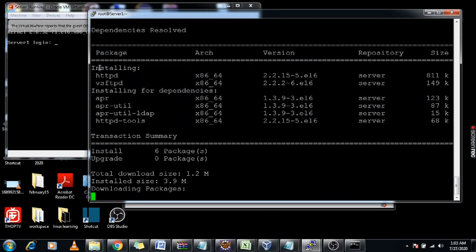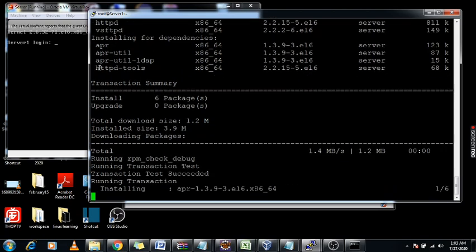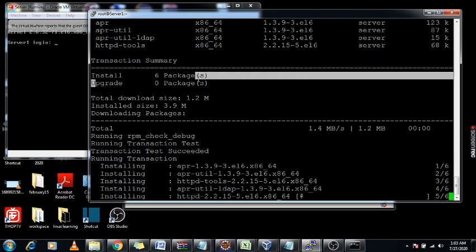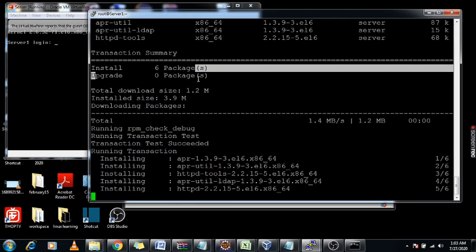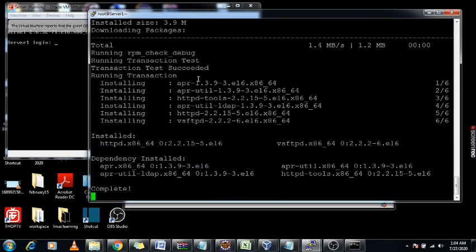So whatever dependencies are required, I have mentioned two packages and it is now installing six packages. You can see here. So that means the dependencies are also installing. This utility is mostly used in the production environment, and it will not ask for any dependency.